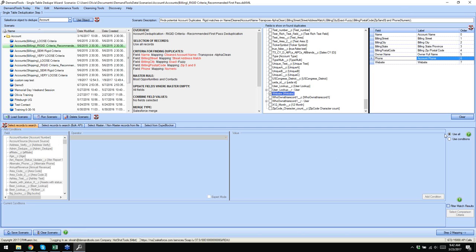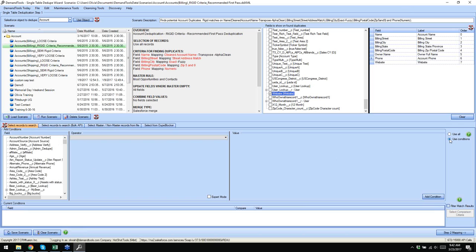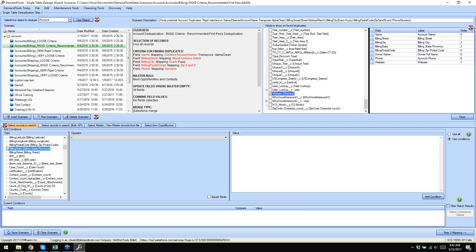Sometimes people don't have millions of records, or maybe they just want to look at a particular subset of the data. So they use conditions to tell the system specifically which records should be evaluated as we look for duplicates. You'll have access to all of your fields, so you can create conditions on whatever field fits best. I'm going to use a state field, and we're going to say we're only going to let the system evaluate